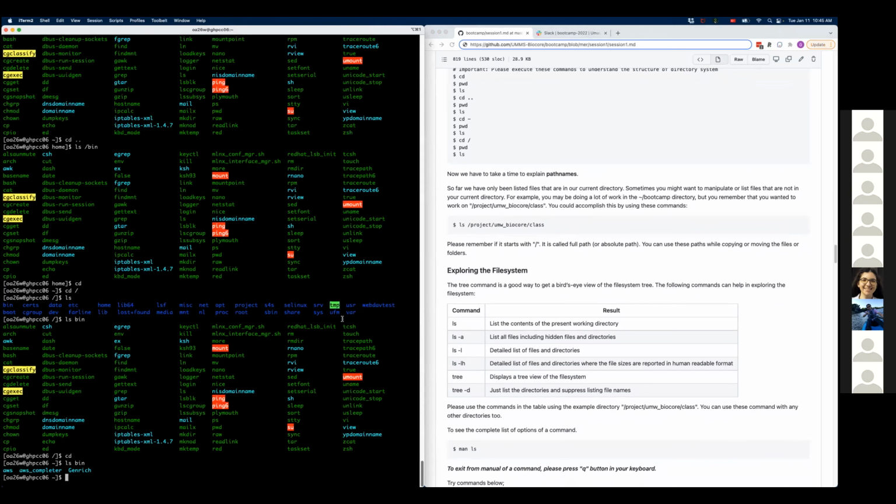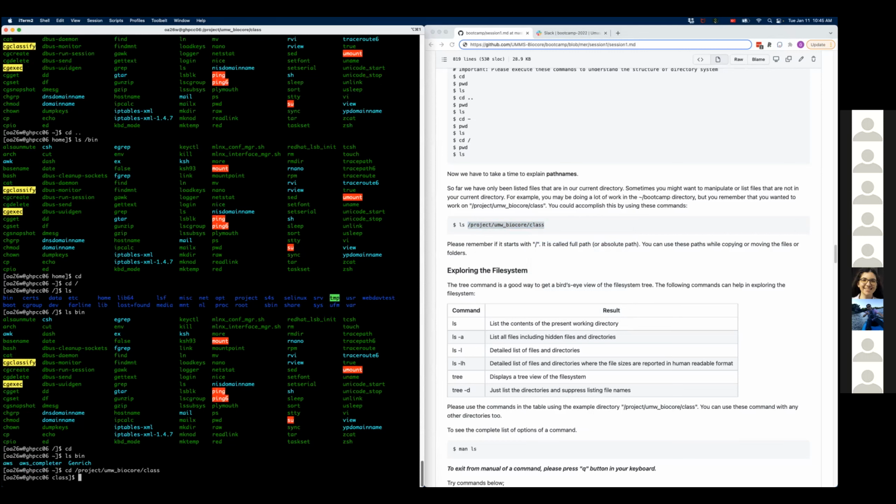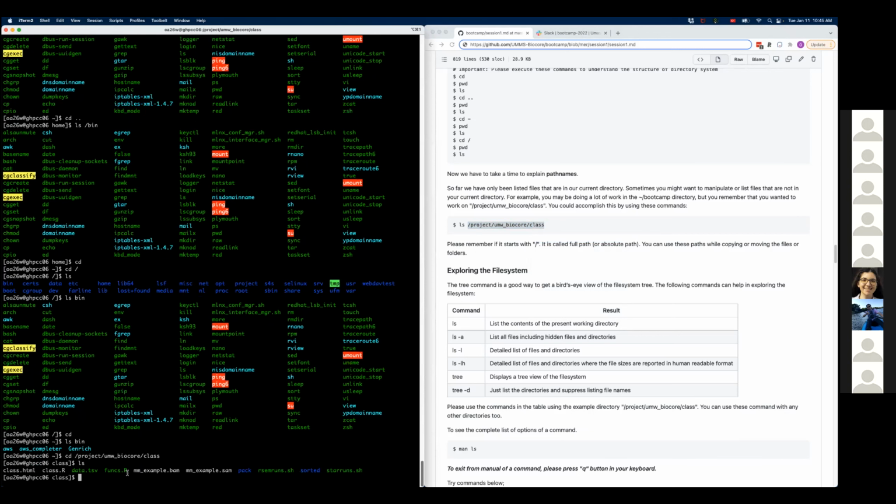So one way of navigating in the file system is using the cd command. For example, if I'm going to work in this specific folder directory for a long time, I could change my directory to there. And then after this, I can just refer to everything that's in this without using the full path, right? So I could just refer to these files as their own files.